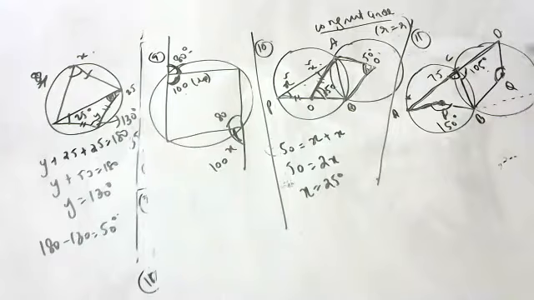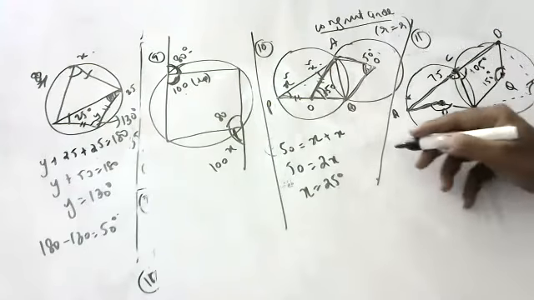Let me join like this one. Now you tell, if this is 105, this is how much? That is 75. That is cyclic quad. In cyclic quadrilateral, opposite angles, if this angle is 75, that will be 150 by degree measure theorem. So only a small mistake you made: you were thinking it is a cyclic quadrilateral. Is it a cyclic quadrilateral? No, sir, because it is not touching the circle. Okay, very good. Be careful, children.